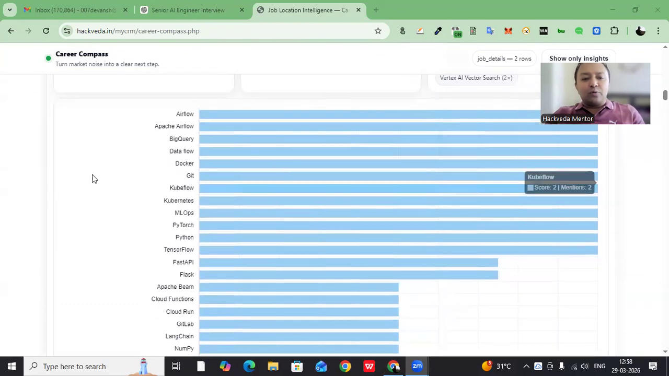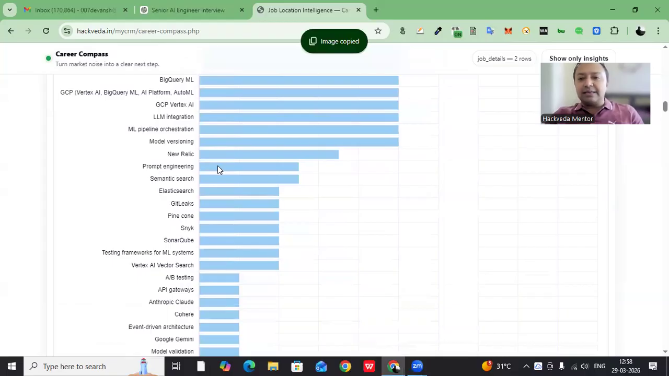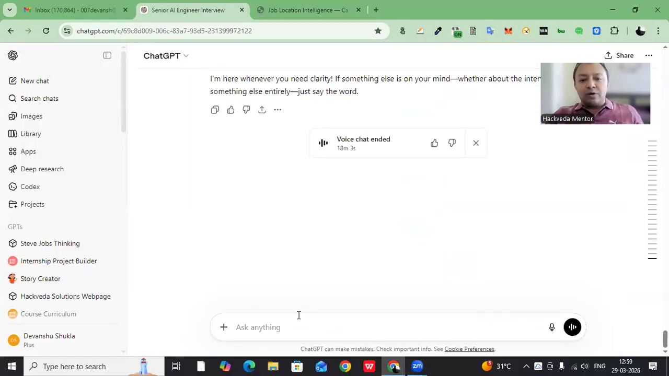So what am I going to do? I'm going to ask ChatGPT. I'm going to share the set of skills which are required for a senior AI engineer role. I'm going to give him this skill set. And let's say we are going to have a 30 question round. So I will say take an interview of 30 questions on the basis of attached skill sets for a